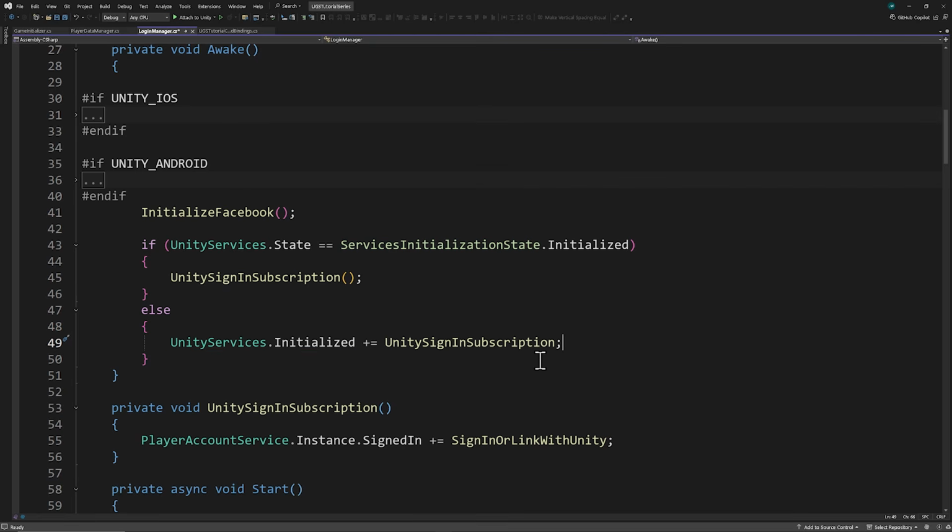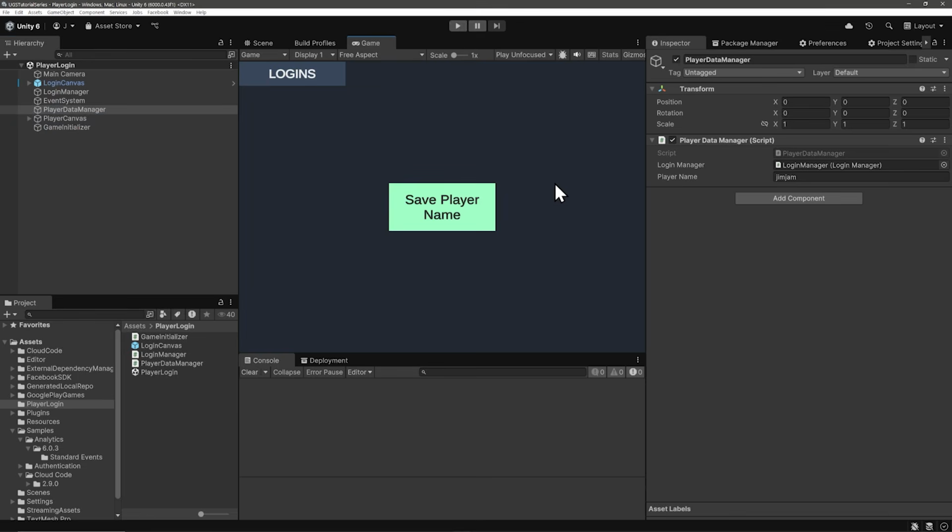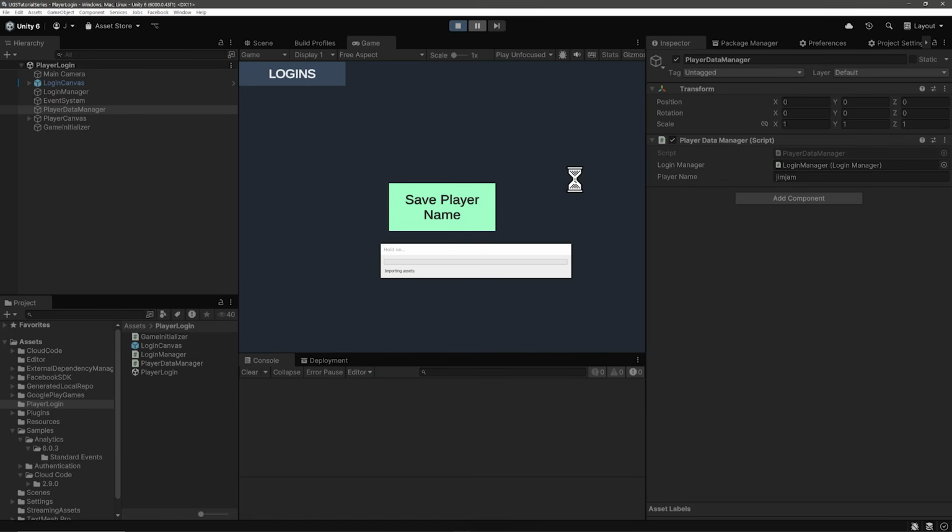And of course, we'll need to unsubscribe to this in OnDisable, which we should change to OnDestroy since we're subscribing in Awake. Note that we're unsubscribing from both events here for simplicity, even though we might not have subscribed to Unity services initialized. This is safe in C#, but in production, you might want to track your subscriptions with a flag. Go back to Unity and play the game